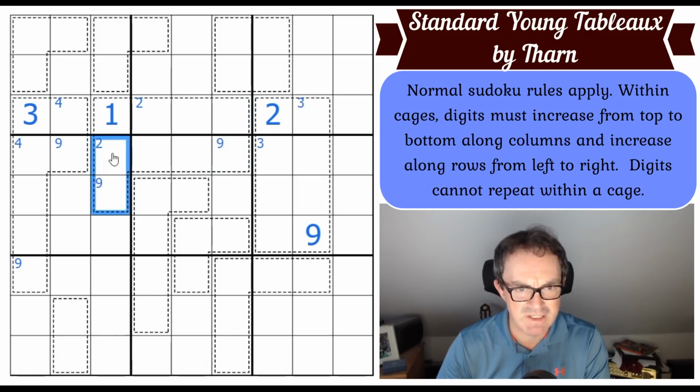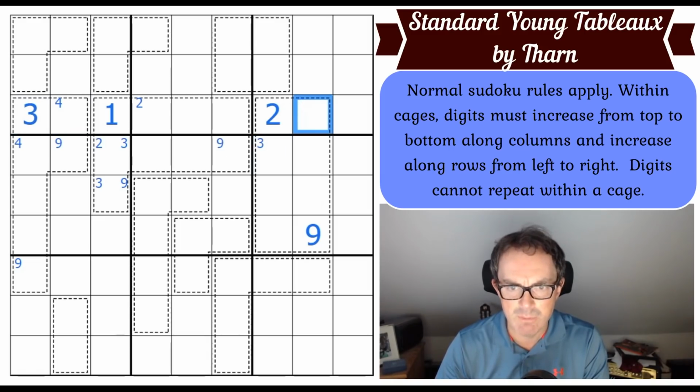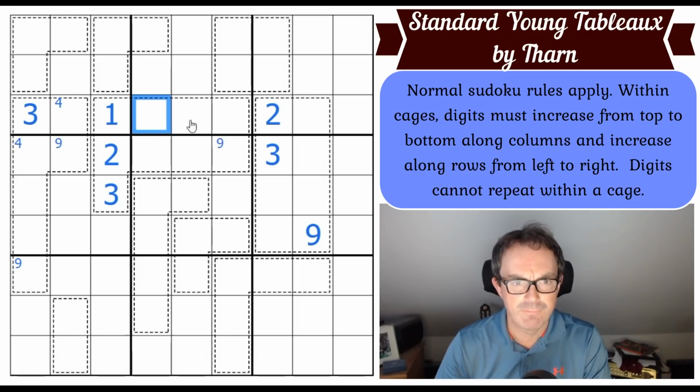So 3 must be in exactly one of those 2 positions in the 9-cell cage. No, hang on. 3 is ruling itself out of there. There we go. So 3 goes here. That might bounce back over there, and does, and goes here. And now this square must be lower than 3, which means it has to be the 2. Therefore, that's not the 2. And now 4...